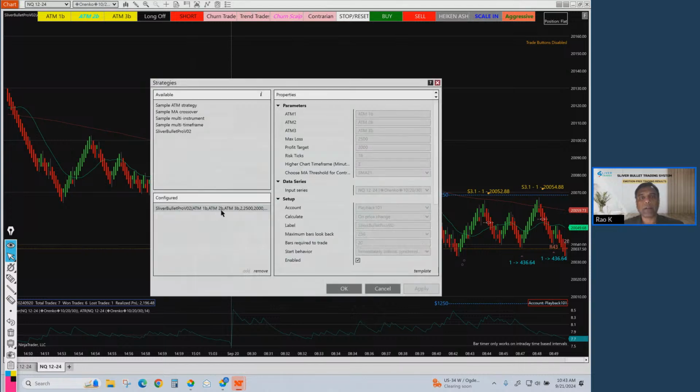This is the software Silverblade Pro. These are different ATM settings that we use, and here I inputted a loss parameter of $2,500. This max loss I put as $2,500 because we usually use a 50K account from our funding providers, and a 50K account allows 5% of loss buffer, which is $2,500. So if you hit the 2,500 loss, that account is closed.